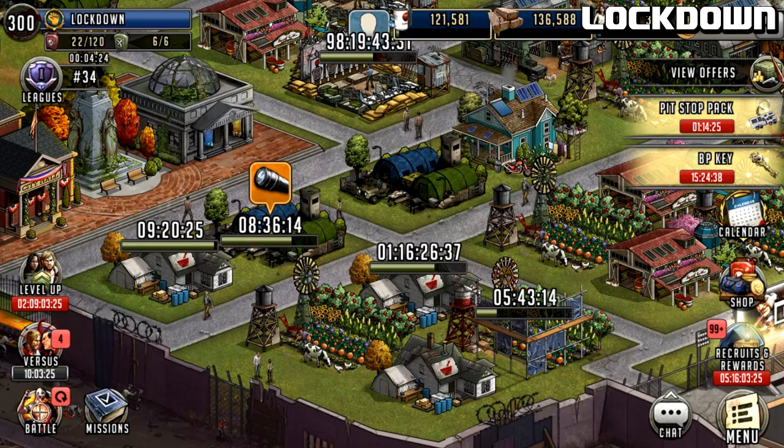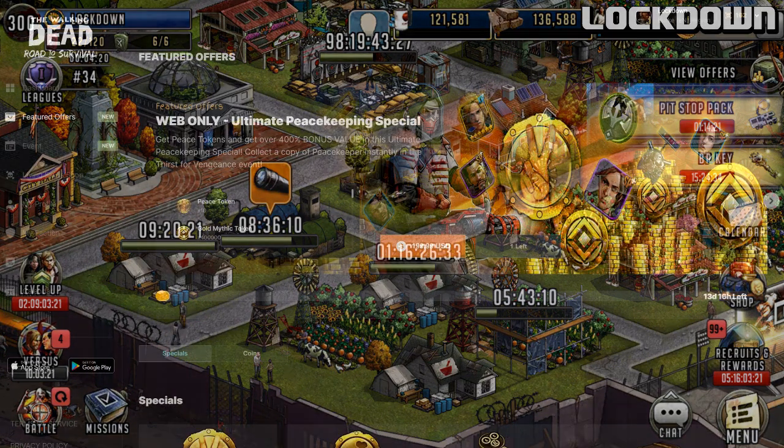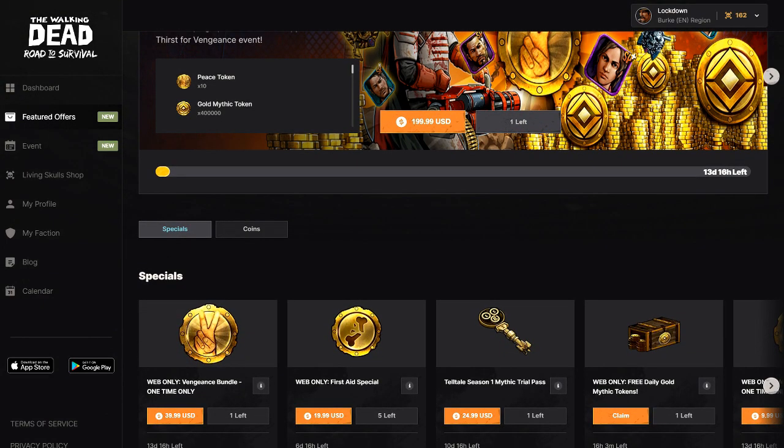because you get one for free on the web portal and you also get one for free if you're a part of Survivors Club, which I am currently. Now if we jump over to the web portal, you can see there are the free rewards that you